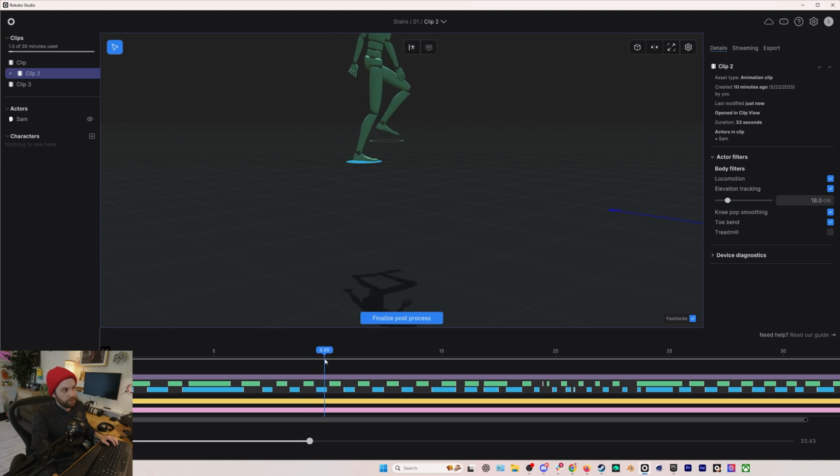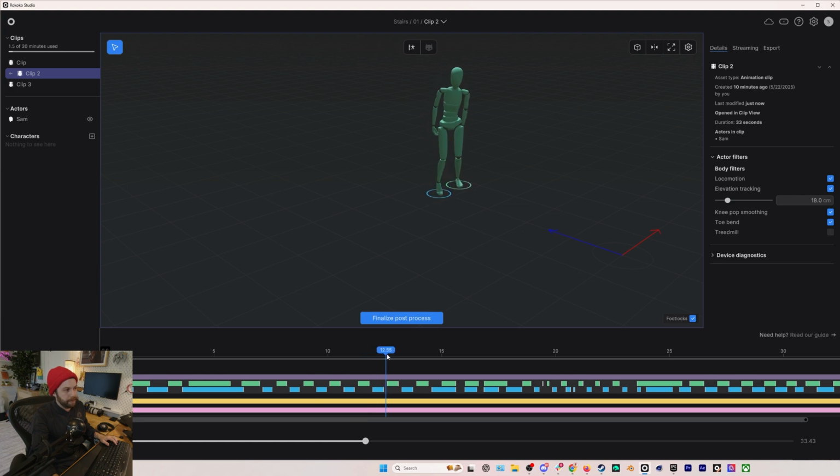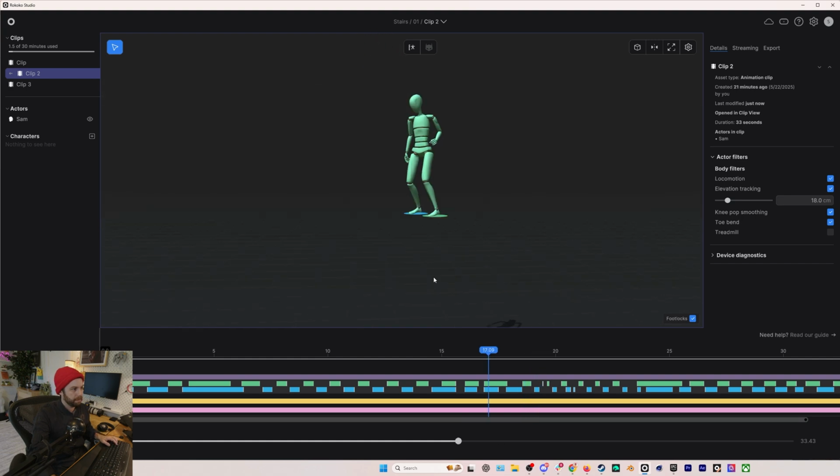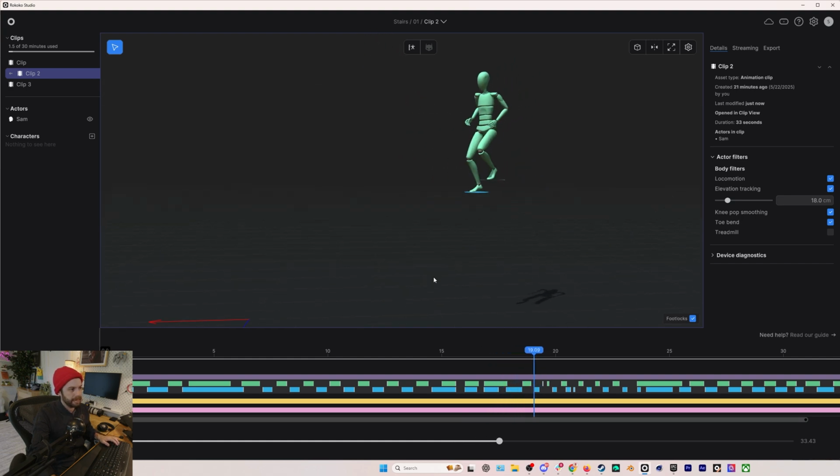Again, this looks quite good initially, so I don't really need to fix anything going up the stairs, in my opinion. This all looks really good. Go up, do my little jump, everything looks great. Now the issues are going to start to arise as we go back down, and let's just stop as we see issues come up. So right here,